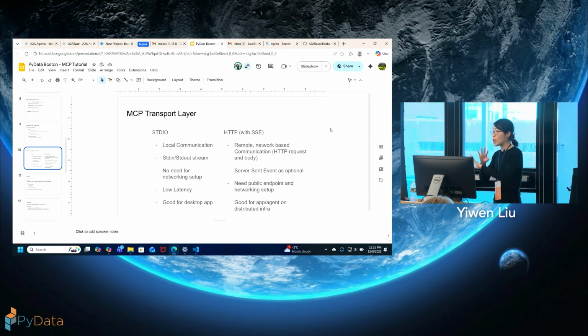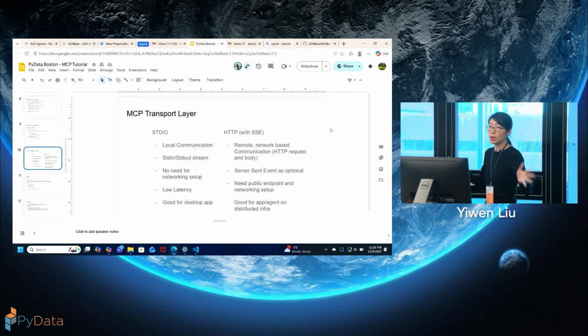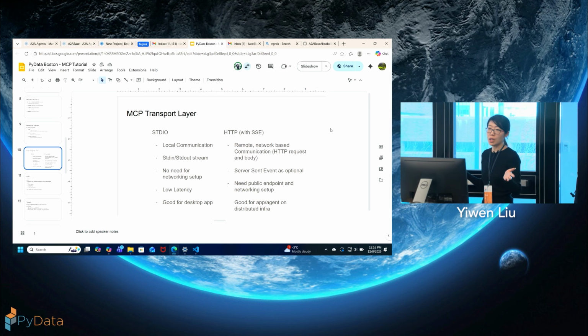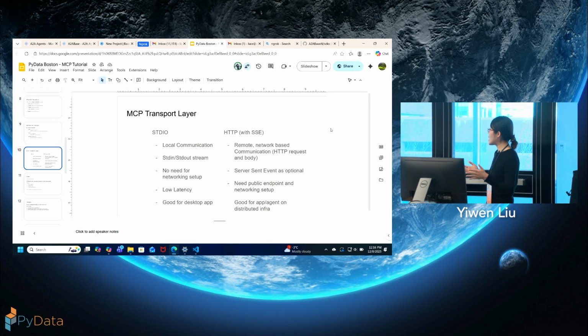Described in formal language, your message is encoded in JSON format, and then wrapped with an envelope that is compliant with JSON RPC 2.0. So the envelope is a JSON RPC 2.0 object, sent between client and server.